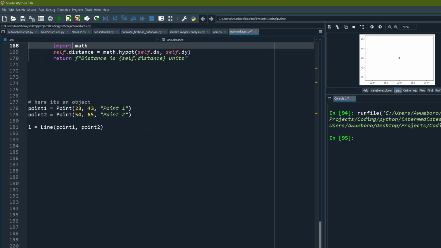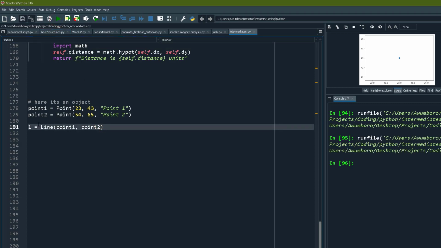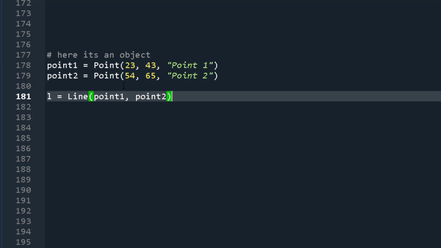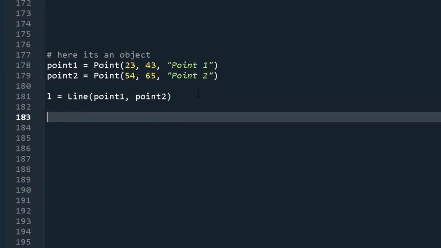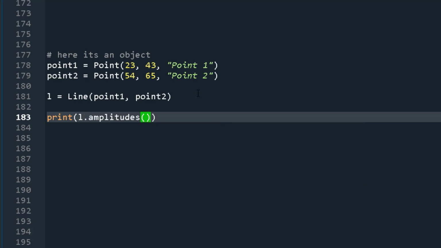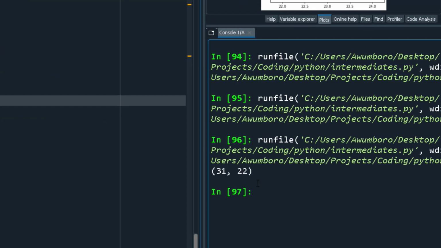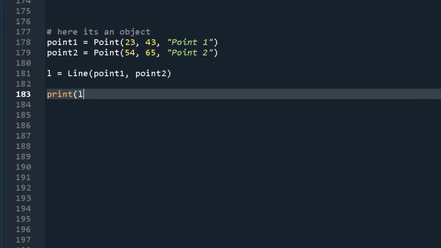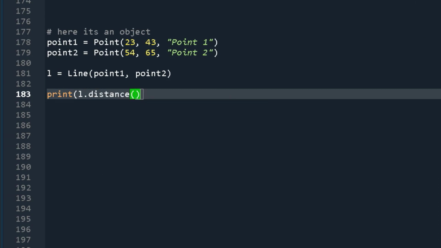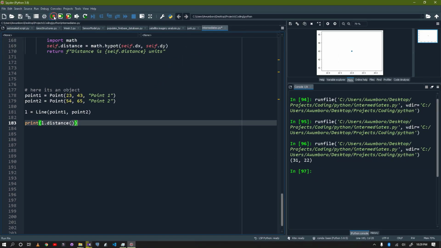So point 1 equals this and point 2 equals this. All right, let's see. Oh yeah, so basically we have point 1, point 2, we've passed them into the line class. So what parameter do we need from the line? Let's just say print l.amplitudes, like this, and let's see, it gives us the amplitudes 31 and 22. That's the differences it got. You can also say print l.distance, right? We have a distance function, and close the second bracket, l.distance, and it